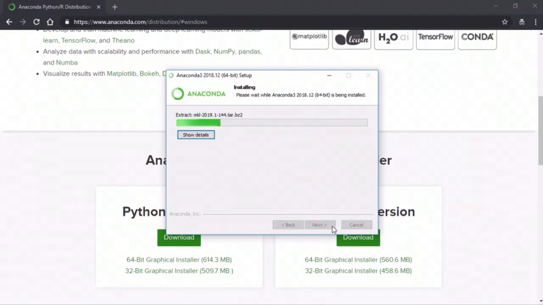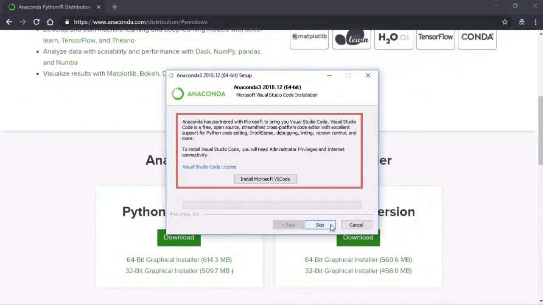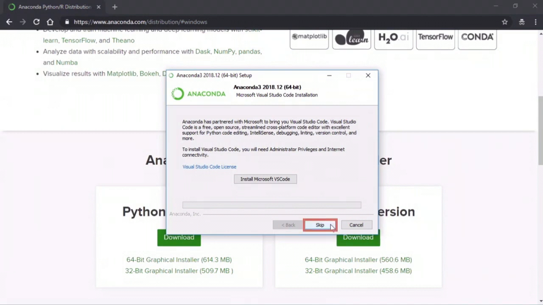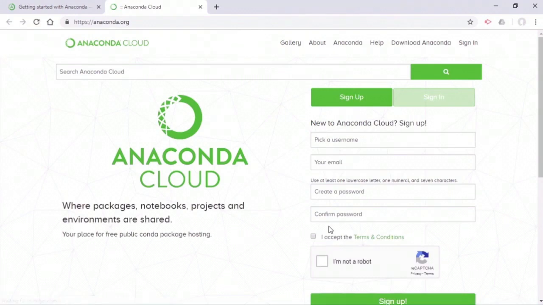And now just wait for a few seconds till the installer does its job and completes the installation of the Anaconda distribution on your machine. Click on the next button. This will show you the options for additional software packages that you can install on Windows. Let's skip this. We're only focused on Anaconda and Python, and let's move on to the next page. And here we are at the end of our installation. You now have Python on your local machine. It's as simple as that. Click on the finish button here and you've successfully installed and set up Python using the Anaconda distribution.